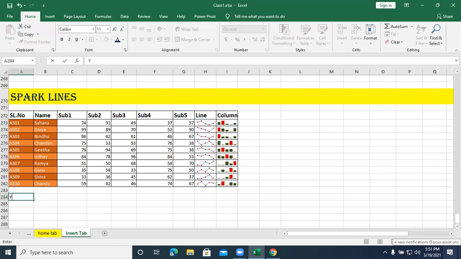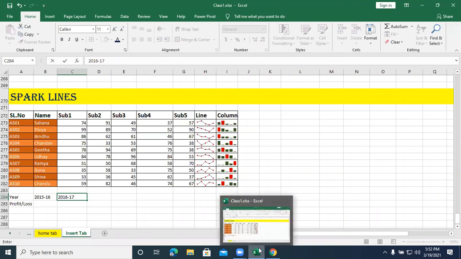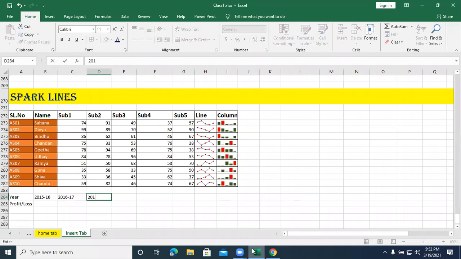I take the data as year and profit and loss. Years I take as 2015-16, 16-17, 17-18, 18-19, and 19-20.